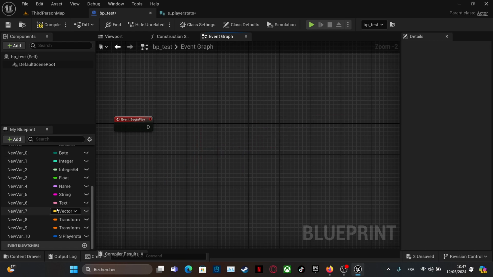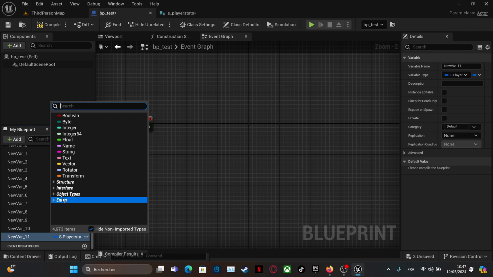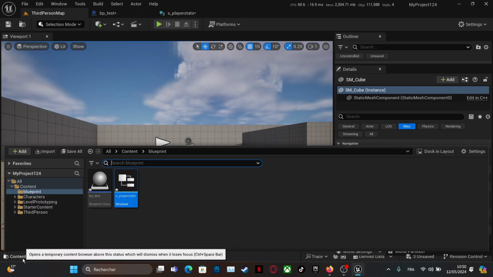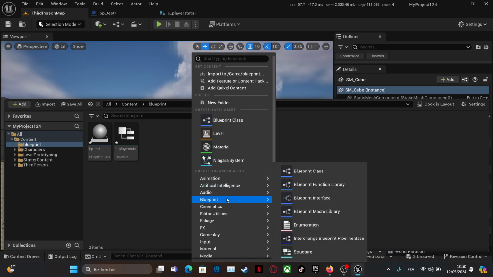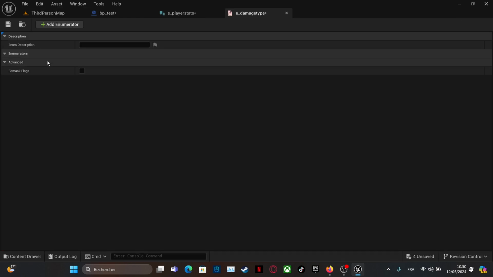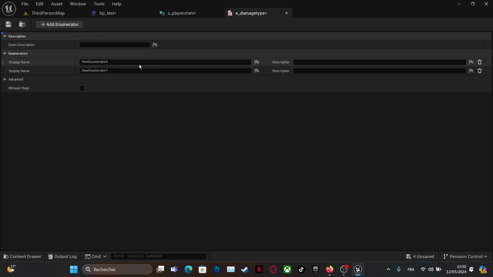Another type of variable we're gonna see now is enum. It is very interesting. So let's check our enumeration. We go to third person map, counter drawer, and we do a new blueprint enumeration. Name it E underscore damage type. Go to our damage type. We have the description here, don't need to fill it, and we add two enumerations. We name it first magic and second fire.